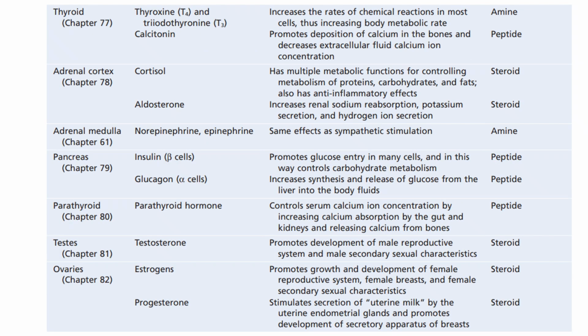This is the continuation of the same table and it provides a comprehensive summary of the hormone producing glands, the hormones they secrete, their major physiologic function and their chemical structure: amine, peptide or steroid. It is particularly useful for understanding endocrine system pathology. Steroid hormones, cortisol, estrogen, testosterone are lipid soluble. These steroid hormones are lipid soluble